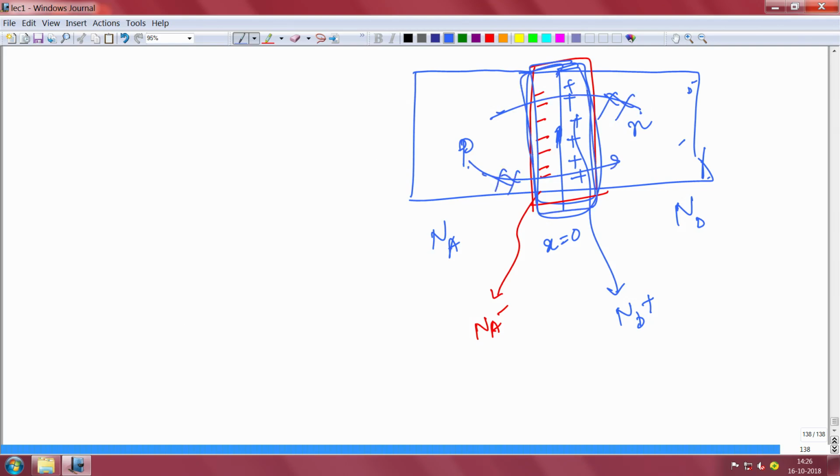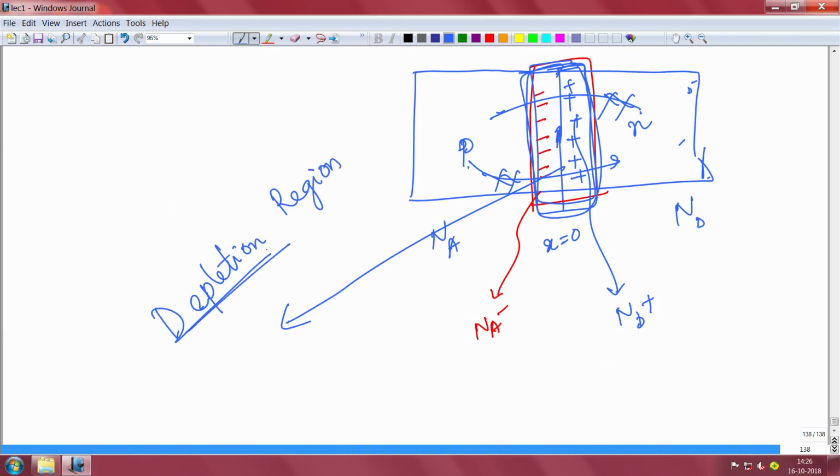This region that has formed is called the depletion region. Why is it called the depletion region? The word deplete means that there is nothing, it is depleted. When you say that a particular area is depleted of mineral resources, it means there are no mineral resources in that area. When you say that a lake or a river is depleted of water, it means there is no water. So, when I say this is the depletion region, it means this is depleted of mobile carriers. What are mobile carriers? Mobile carriers are electrons and holes. Electrons and holes are not there because they have recombined.